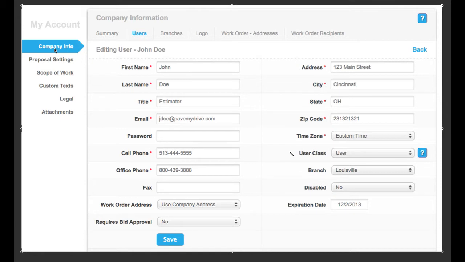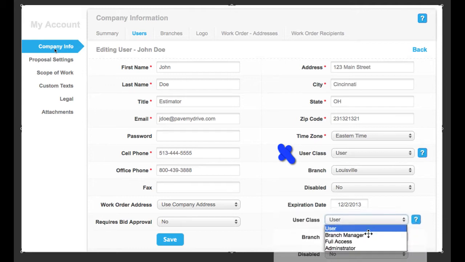One of the big important aspects here is to make sure your time zone is good. Also this right here, user class, is really important, as well as does this user require approval of bids? Let's get into that. For user class, when you hit the question mark, you're going to see a group of different users: